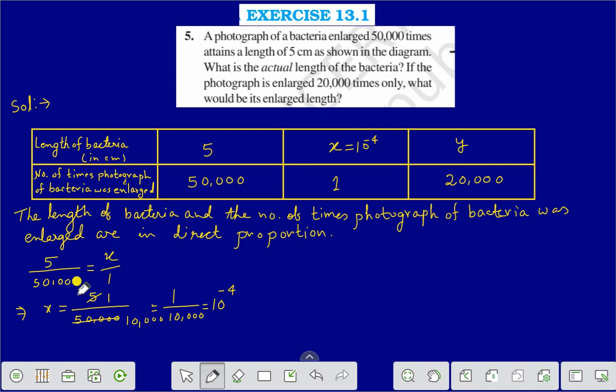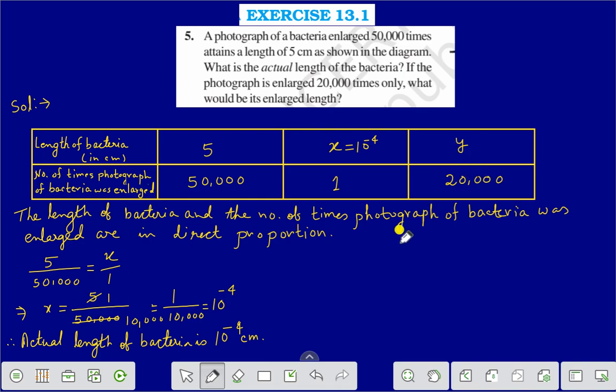That is in centimeter, right? The actual length of bacteria is therefore 10 to the power minus 4 centimeter. That is the answer. The second question is, if the photograph was enlarged 20,000 times, what would be the enlarged